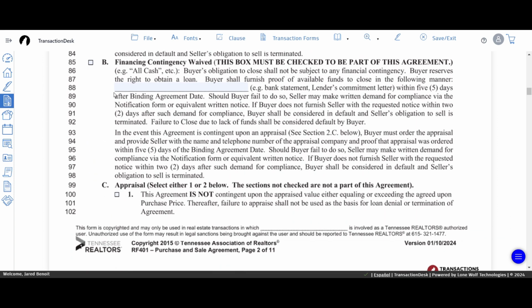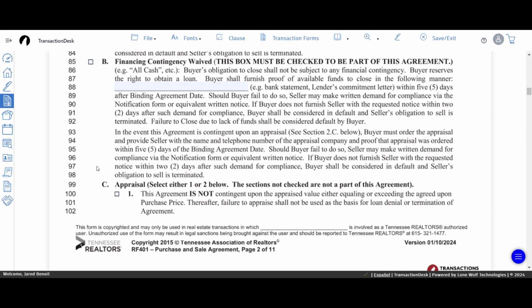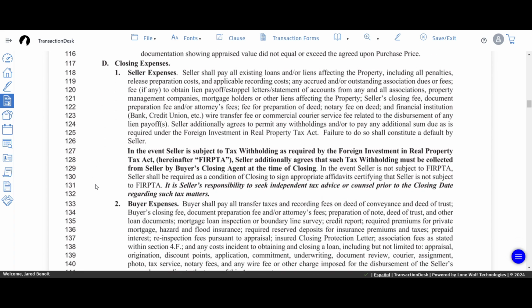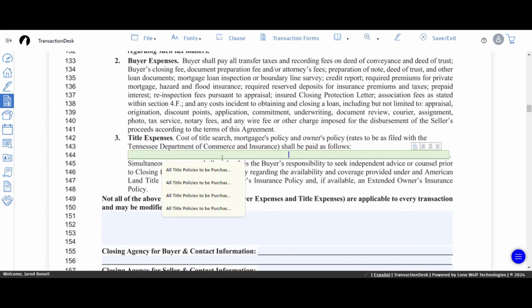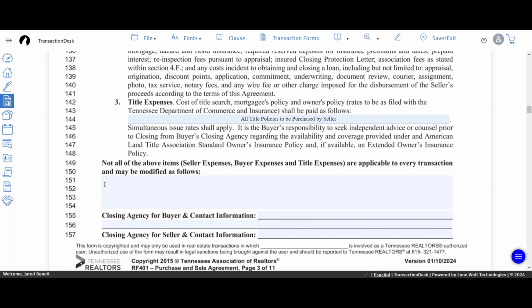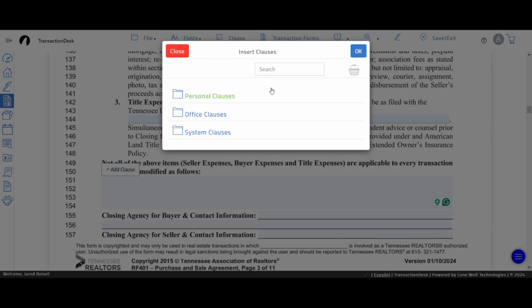Just a heads up. We don't have to worry about the financial contingency waived because it is a loan, and since it is a loan, it will be contingent upon appraisal. So you click this box for that. Going down here, we're going to do typical seller-paid title, and we're actually in this deal going to ask for some closing costs. So if you go in here,